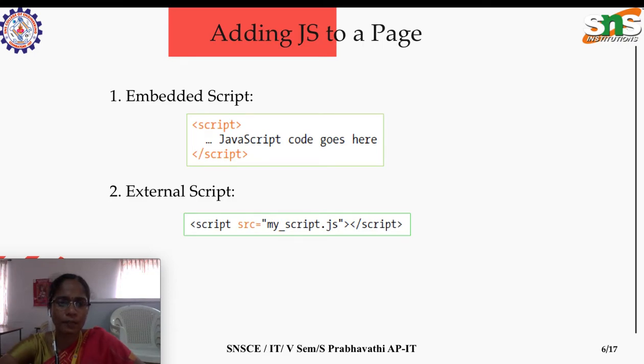While discussing CSS, I told you we can include CSS in 3 ways, is it not? One is using the external style sheet, and you will be linking it in the HTML document. The second is using the style element, we can include the CSS. And the third approach is by including the style attribute in the element itself. So 3 ways we have seen.